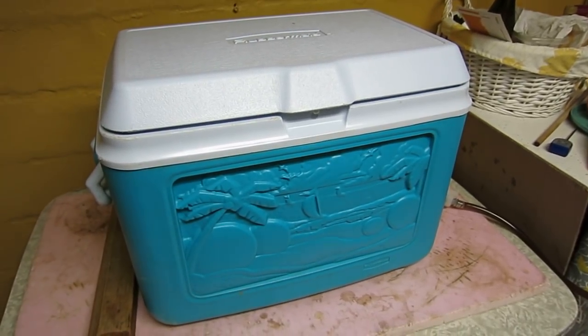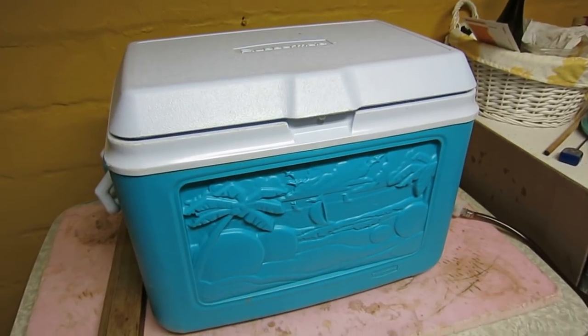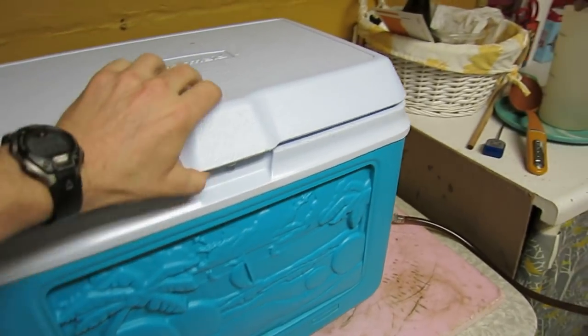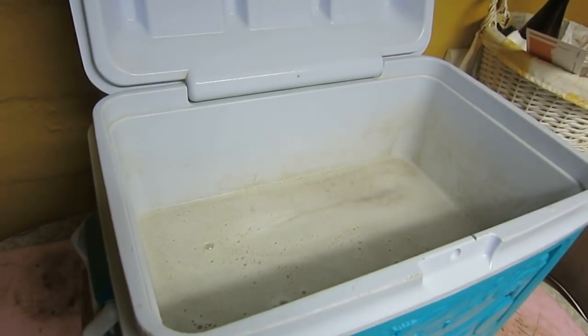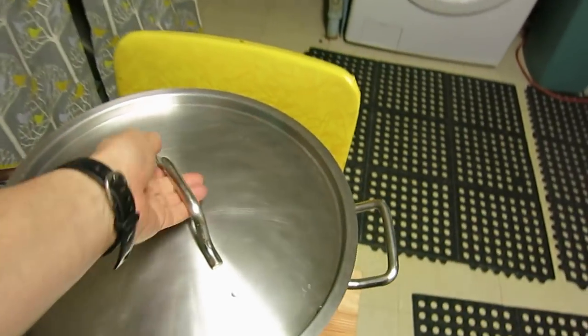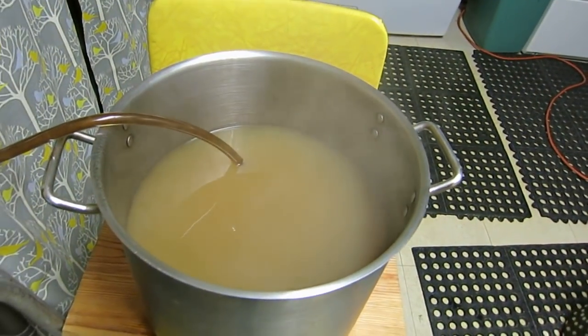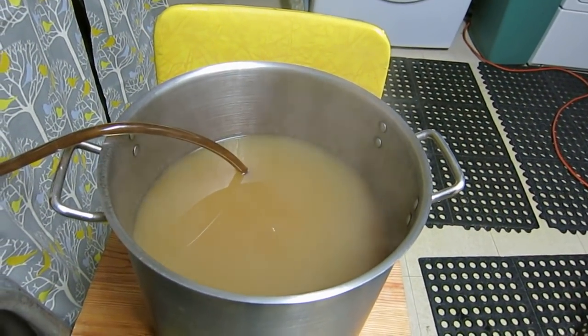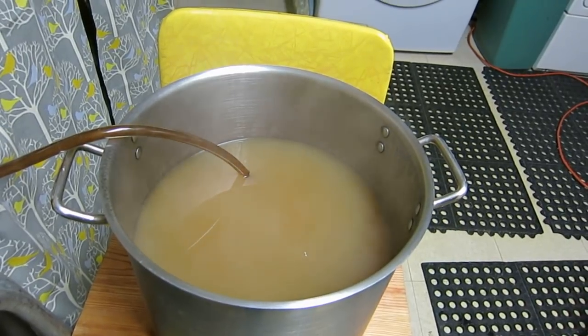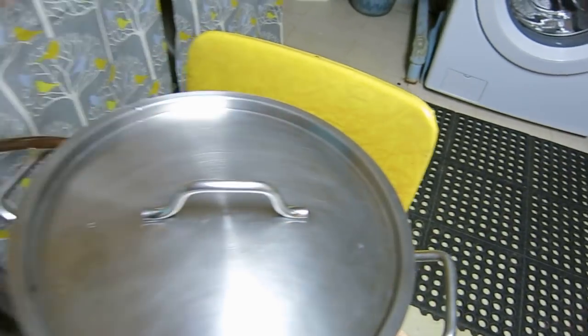So I'm still using this same original mash tun from 2005. We're collecting the second runnings right now. I got 3.5 gallons of 14 bricks for the first runnings. The second runnings coming in at 7 bricks, so that will average out to